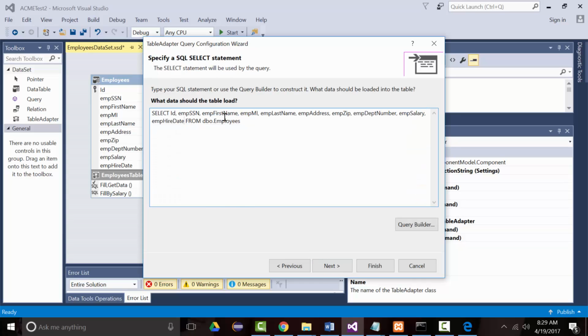And this time, we'll leave all that stuff in there. In fact, this time let's change it around a little bit. Let's not put in the ID or the social security number. Let's just put in the first name. We don't need the middle initial. So we'll put in the last name, the address, the zip, the department number, the salary. Yeah, that's all fine. We'll do that again from our employees table, but this time we'll say where the department number, so where department number in